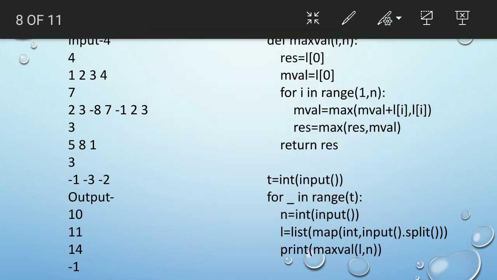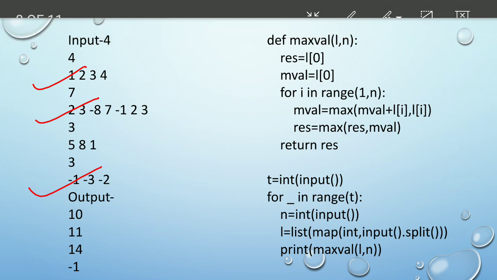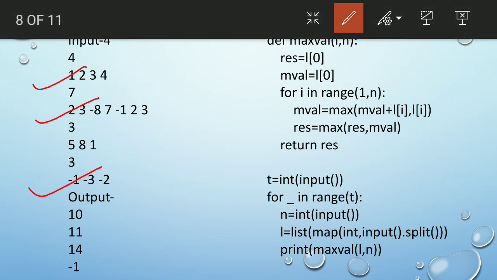After that, now I will trace the program. So T of int of input, so I will trace the program for this input, this input. I will trace for this input as well, and I will trace for one. All are negative one. Okay, so hope every doubt will be cleared for you. So see here. First I will trace for 1, 2, 3, 4. So T is equal to 4 test cases or 3 test cases, that depends on you, and it's for running for the number of test cases.